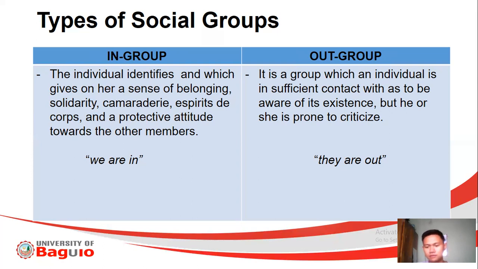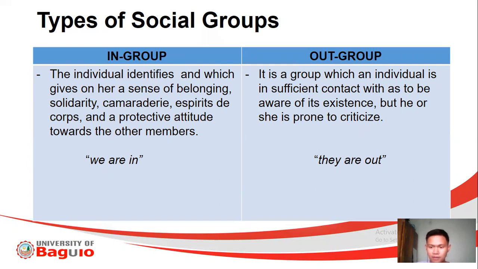Now, you try to compare, di ba? On a certain family, let us say, ang family name mo ay De La Cruz, and then you have an in-group na belongingness. So, ibig sabihin, if you're part of the De La Cruz, there are norms that you need to follow. There are rules and regulations depending yan kung ano ba ang culture ng family nyo. And most likely, it depends on our grandparents or our parents. Like for example, let us say, parents mo military, di ba? And they are into discipline. So therefore, part of the culture of your family is to have discipline.